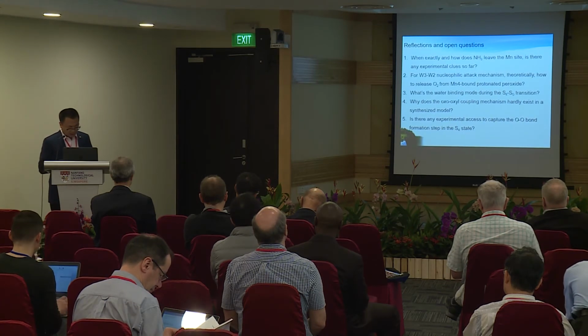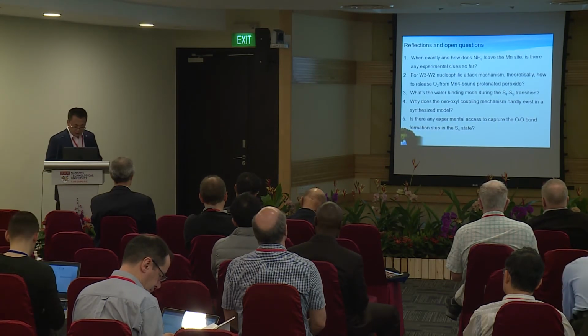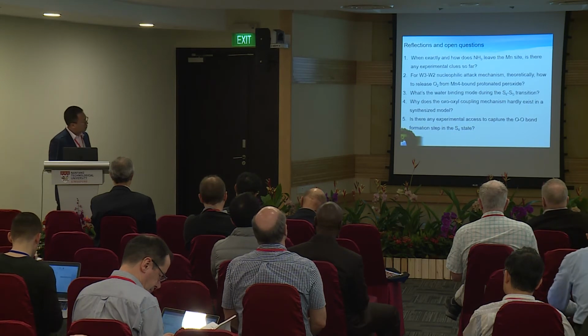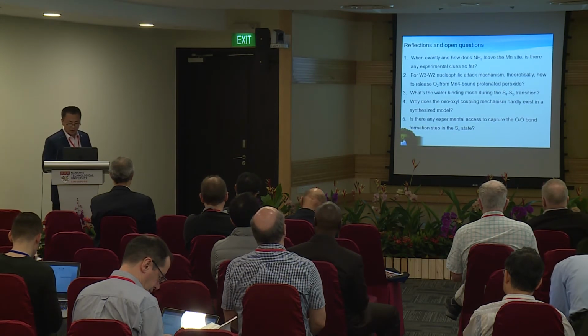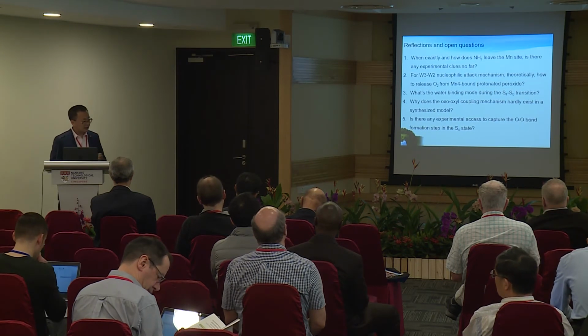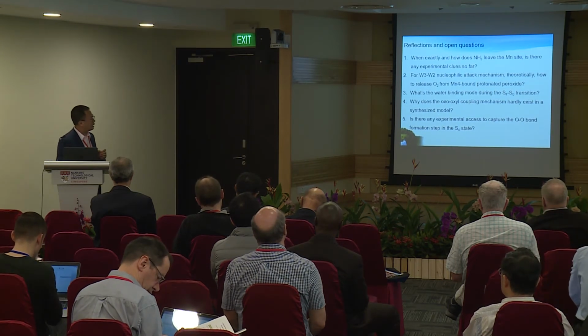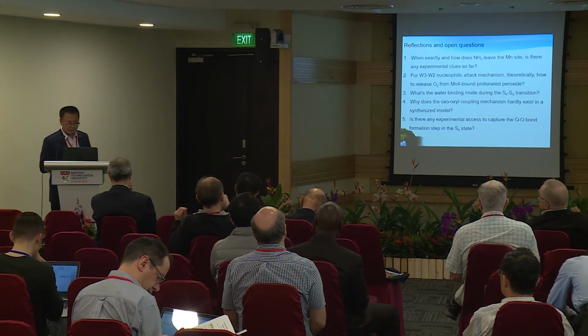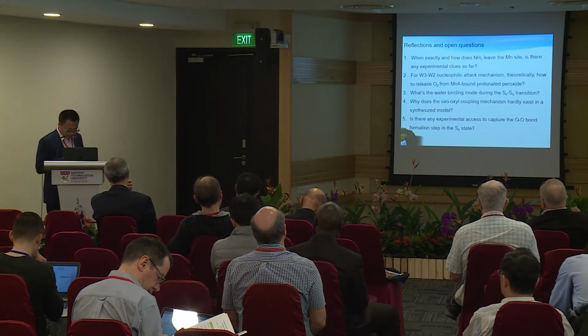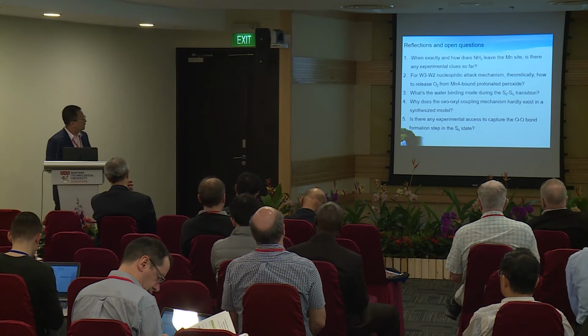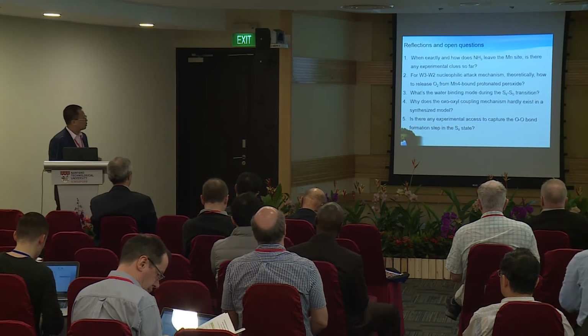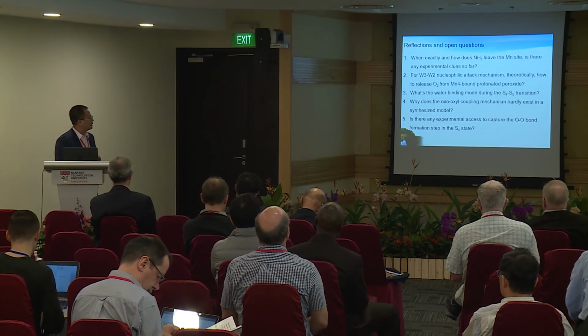It makes me randomly send another question. Can we synthesize a model that is completely identical to the OEC, at least for the 10 atoms in the middle? The fifth, last question, is there any experimental access to capture the O bond formation step in the S4